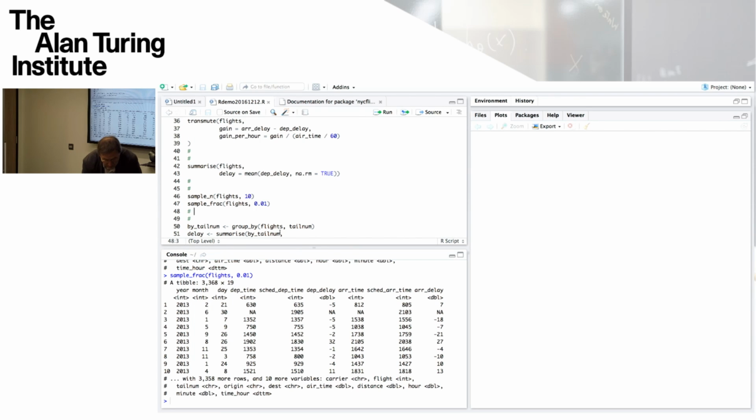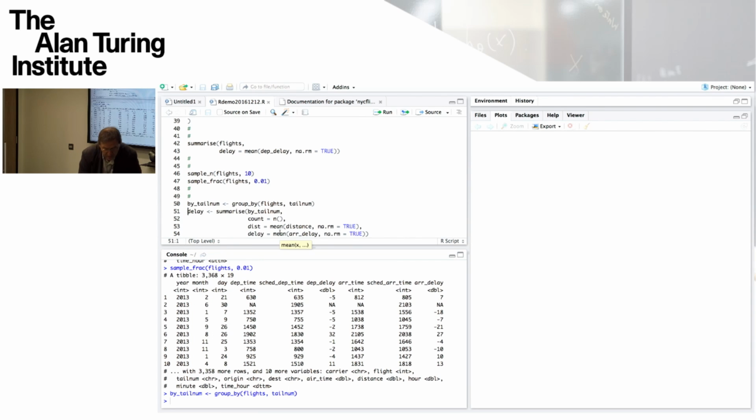So here's an example of the group by. When I do group by flights and then the argument tail num, it's going to take all the observations, look at the tail nums, and group according to the distinct values of tail num. That's to say distinct actual concrete aircraft, as it were. And that returns a grouped-by version of flights into a new data frame called by tail num.